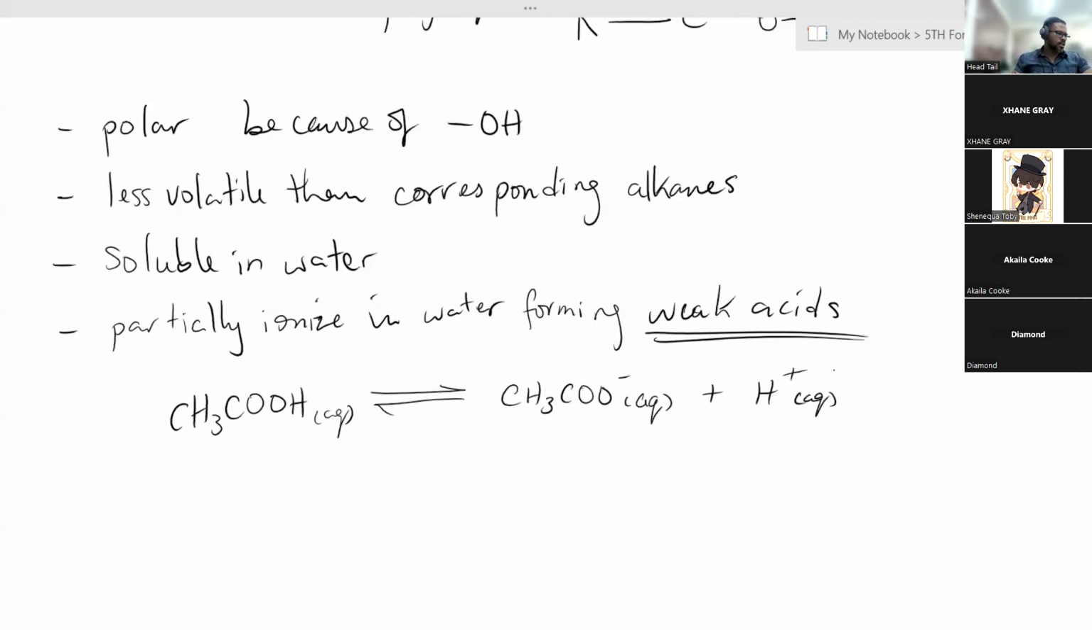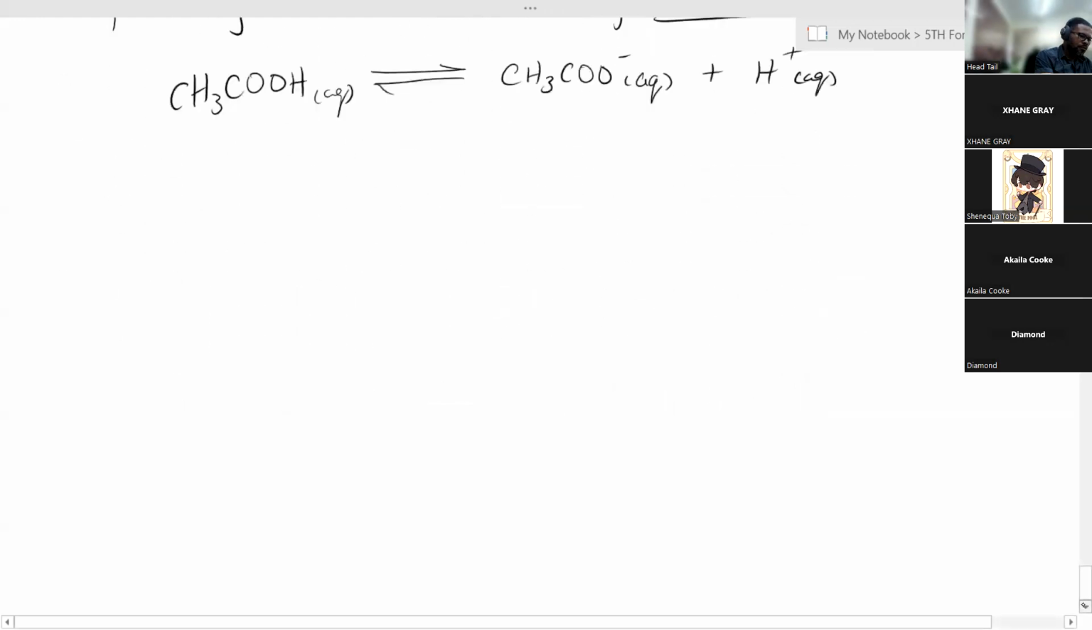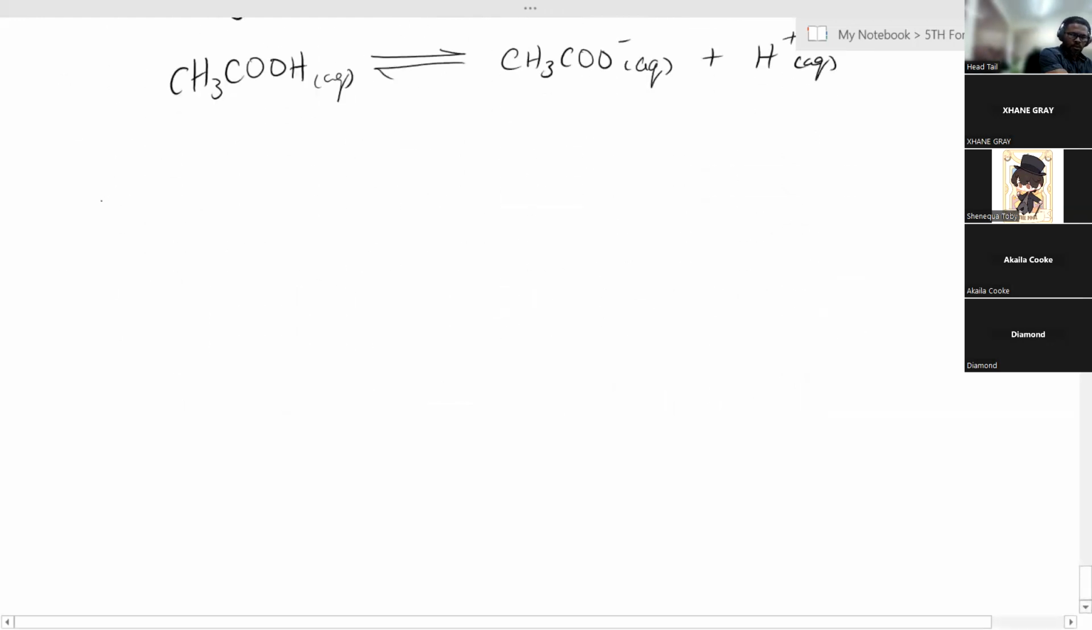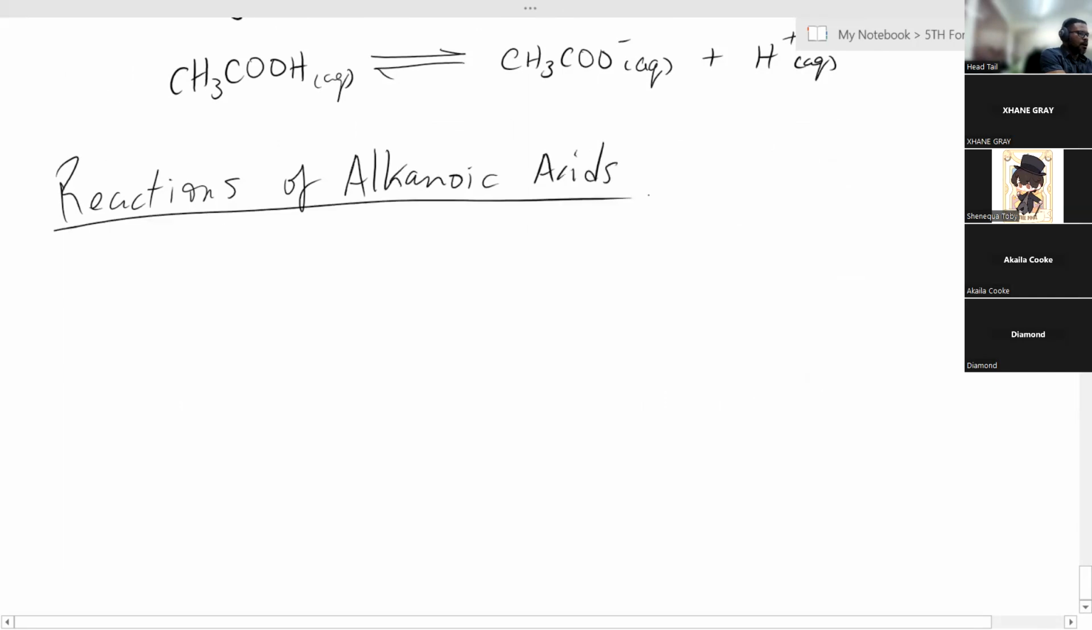All right, so next, let's go down. We're dealing now with reactions. We're going to finish this one pretty fast today. So, reactions of alkanoic acids. What is the first reaction? Let me just see if I can read this here. Aqueous solutions of alkanoic acids, page 143,